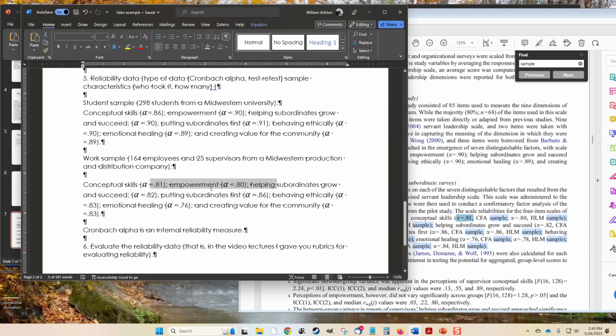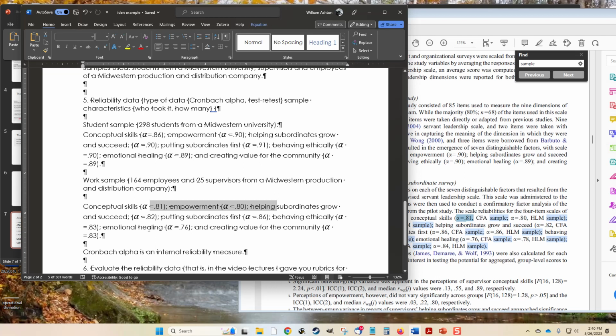So we have 7 subscales, we have 2 samples, so you're going to talk about those 14 Cronbach alphas. You could talk about all 14 one at a time individually. You may group them. It really depends, but I want you to think and try to solve the problem of how to express this. All right, so that's it for the example. So as I said, the best thing is to begin early so you can have the time to talk to me. This is online, so